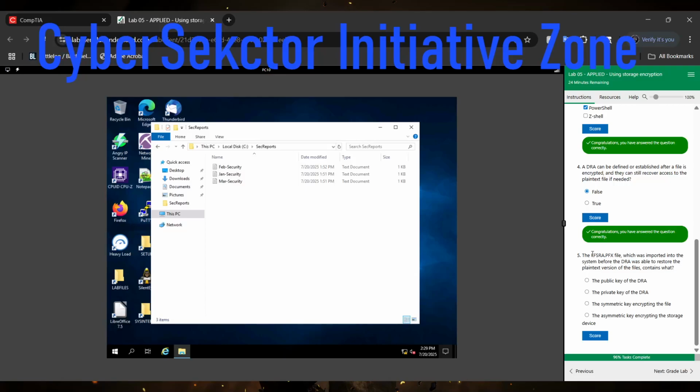This is the file that I'm talking about. This is what gives you the access to your file that you just encrypted that you don't have access to because the systems administrator decided to switch up your password and now you don't have access to it. So this is the particular file that you have to run. But the EFSRA.pfx file, which was imported onto the system before the DRA was able to restore the plaintext